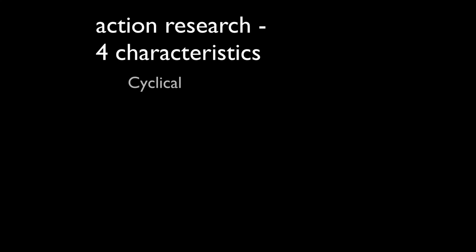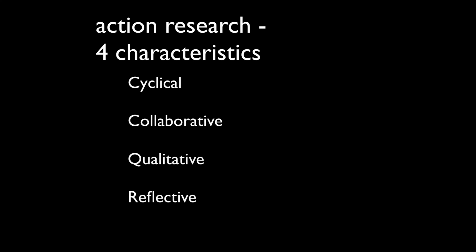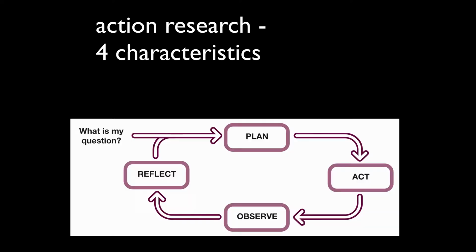So, 4 characteristics of this, and I'll take you through each of these because there's a little bit of detail related to each of these which will help. Maybe this gets down into more the way you actually go about this. So this isn't an absolute definition of it. A characteristic is just the flavour of the thing. And there may be others I could have picked. But when people talk about action research, they often talk about it with these particular 4 characteristics. And I'll go through them one by one.